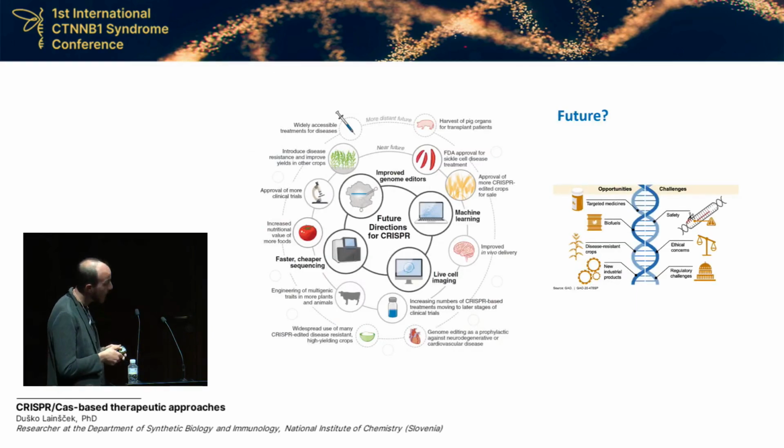And then at the end, like I said at the beginning of my talk, to really make the CRISPR-Cas system a powerful potential tool for treating different genetic diseases, we should make more effort to increase safety. We should also take into consideration different ethical aspects, and of course tackle different regulatory challenges. So far, no unified FDA or EMA guidelines exist on how to use CRISPR-Cas as a potential therapeutic option.